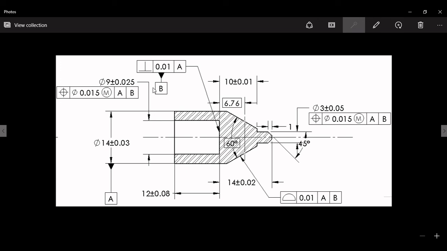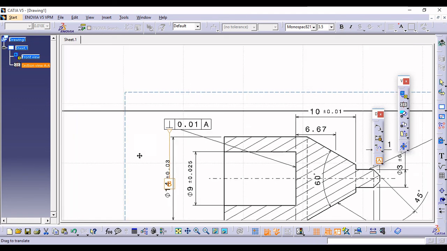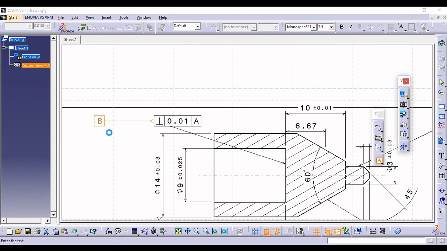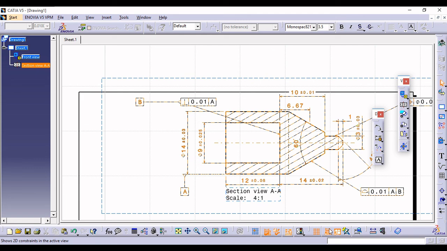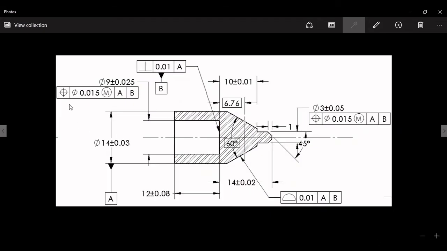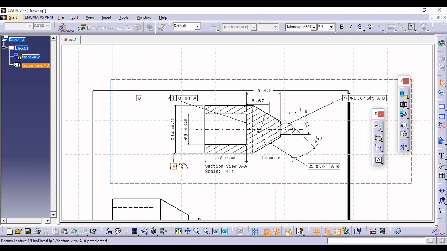And here I'll put the datum face B. Go over here, select this and select this one, and you can simply drag outside and say okay. So in this way we can come up with this particular datum B also. The next part is this, and this part is similar to this one, right? So I hope this is very much clear to all of you.